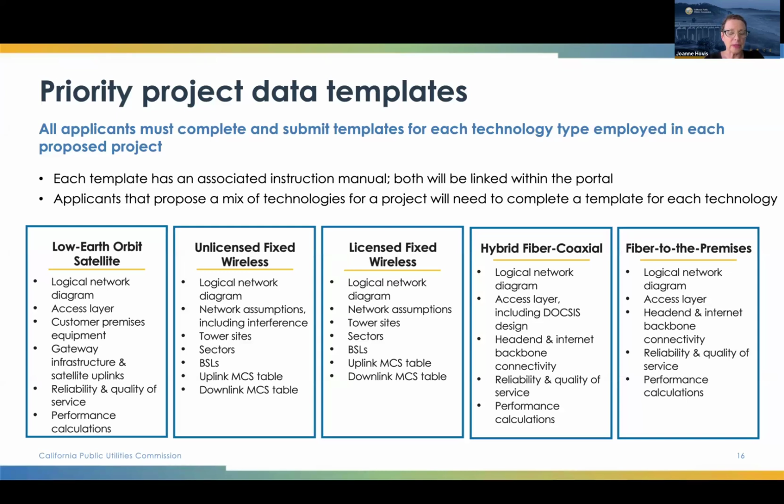But for any technology you are not proposing, obviously, please just ignore the templates that are for those technologies. And what you see here is some of the elements that are requested in the templates for each technology. These are obviously specific to the characteristics of how that technology performs, and an example of that being tower sites being appropriate for a fixed wireless network, but not for a fiber to the premises network or hybrid fiber coaxial network. So asking for the appropriate information to enable that data-driven, informed analysis of whether the specific application meets the